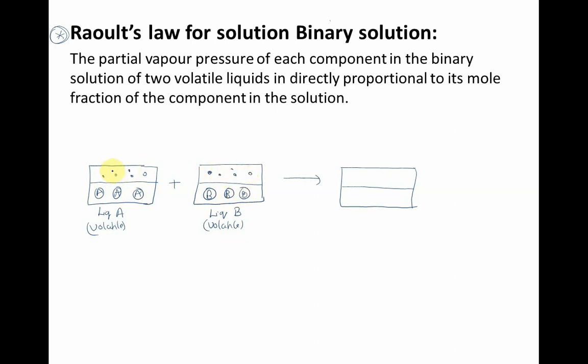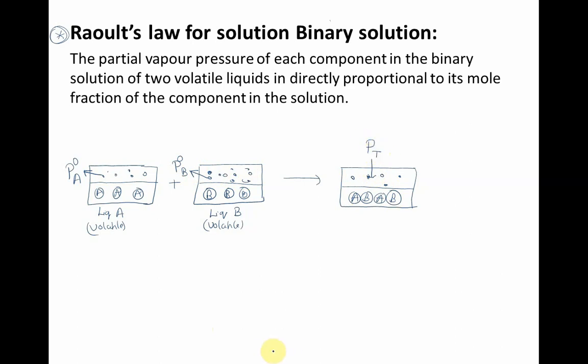So they create the pressure. Whatever pressure is created by the vapors on the surface of the liquid is represented as P naught A. P naught A represents the vapor pressure exerted by the pure liquid A. And here also they exert pressure, therefore it is represented as P naught B. What does P naught B indicate? Vapor pressure of pure liquid B. When these two get combined, A and B, we get a homogeneous solution, and in vapors, this is the vapor pressure of the solution, which is represented as P total.